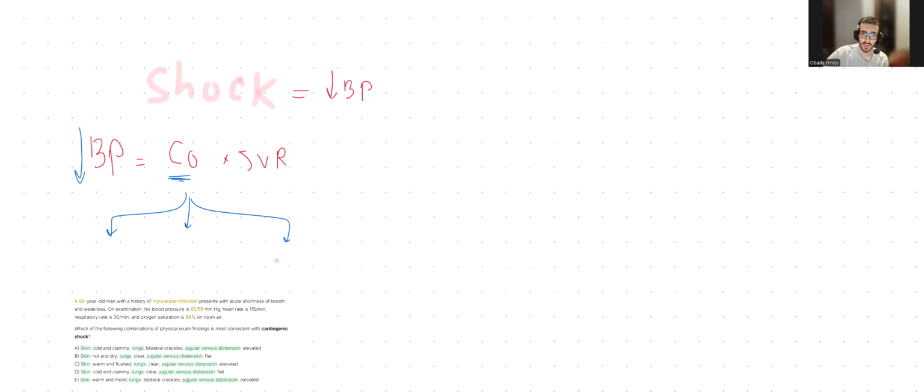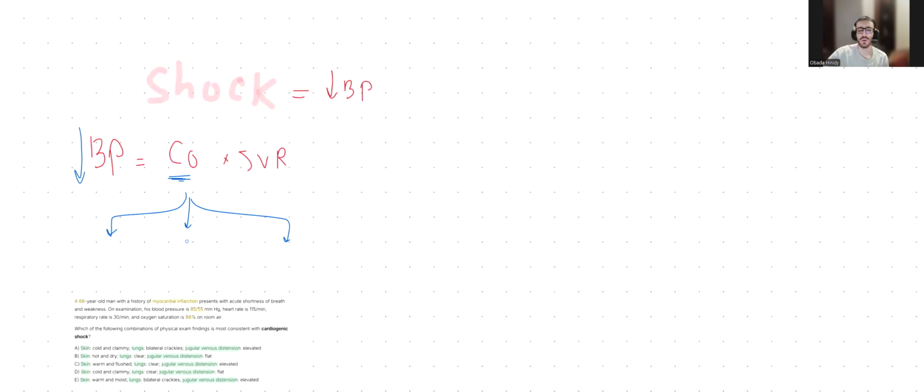Why? Because in cardiogenic shock, your heart muscle is failing. It's going to pump blood. When you can't pump blood, your stroke volume is going to be low and your CO is going to be low. Why is it the case in obstructive shock? Well, obstructive shock means there's something obstructing the preload to the left ventricle, like in pulmonary embolism, where the pulmonary artery is having a thrombus obstructing the blood flow into the left atrium and into the lungs, left atrium, and into the ventricle eventually, right?